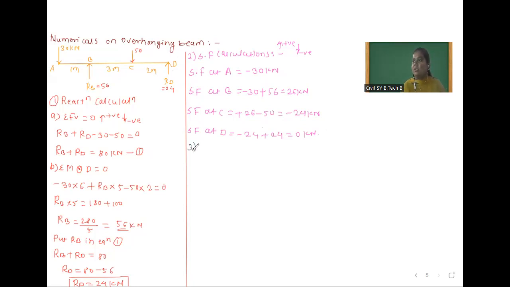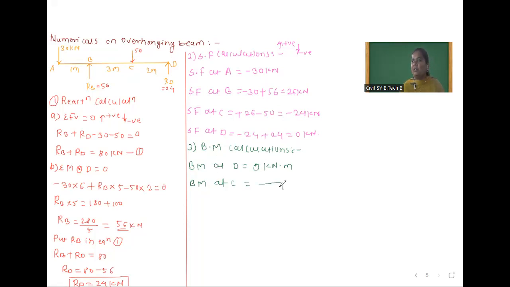Next, we will move towards bending moment calculation. We will calculate from D. So bending moment at D is definitely 0, because the force is there but the perpendicular distance is 0. So 0 kilonewton meter. After that, we will calculate at C. So bending moment at C equals